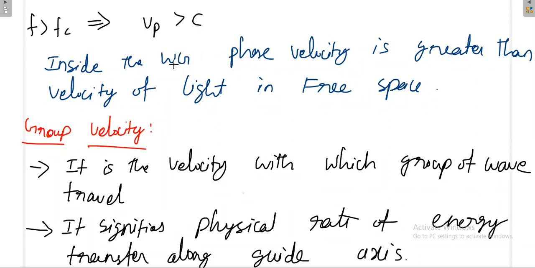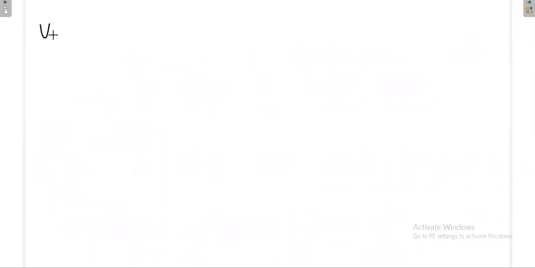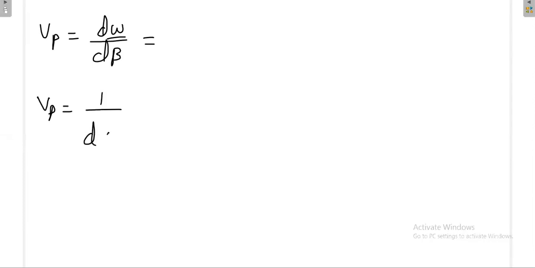Then mathematically, for phase velocity I simply put omega divided by beta. I have not worried about other frequencies, but here I am having a group of frequencies. Whenever I have a group of frequencies, instead of just the ratio, I have to take differentiation: d omega divided by d beta. What is the real way to calculate this? You cannot easily differentiate omega with respect to beta, but you can differentiate beta with respect to omega.